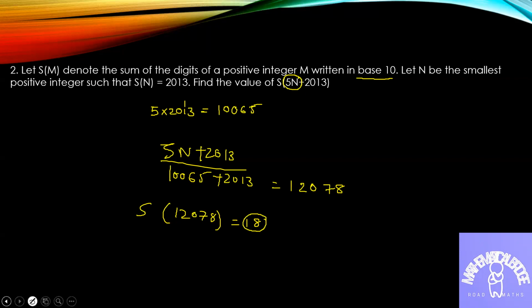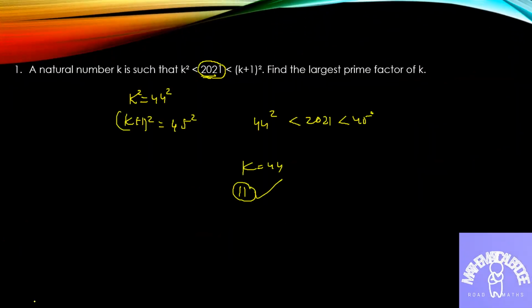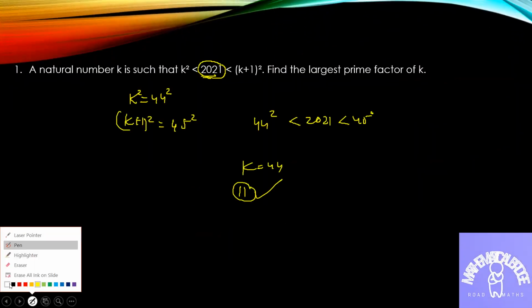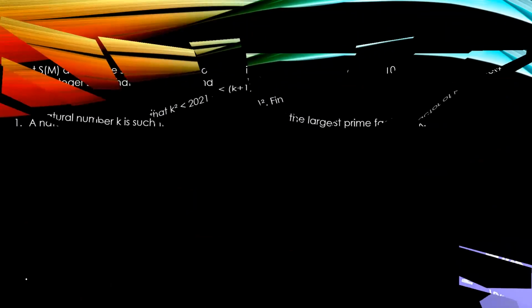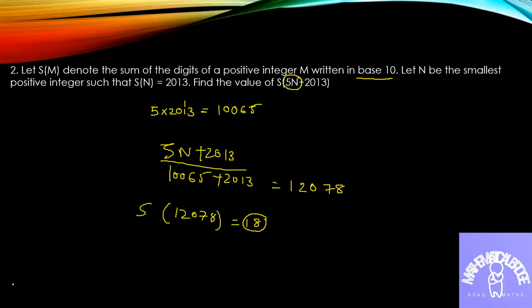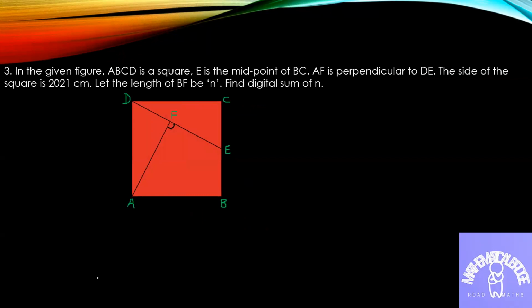So if we tag the questions as per their level, let me tag the questions as per their level. Okay, so for this the tag should be of course easy because it was simple hit and trial, and similarly for this one the tag will be easy if you know the trick, and if you don't know the trick and do it by the regular method, then it's of course a medium level question. Okay, let us move to the next question.